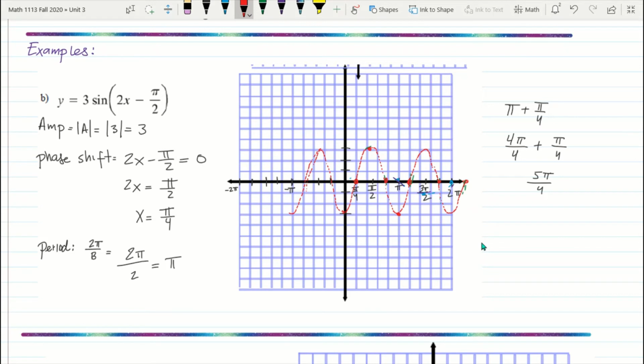Right? And if you were doing the original graph, which starts at 0, 0, and then it goes up to 1 at pi over 2, then it goes back to 0, at pi it goes down to 1 here, and then it goes down here. So just to give you a perspective of what the original graph looks like,